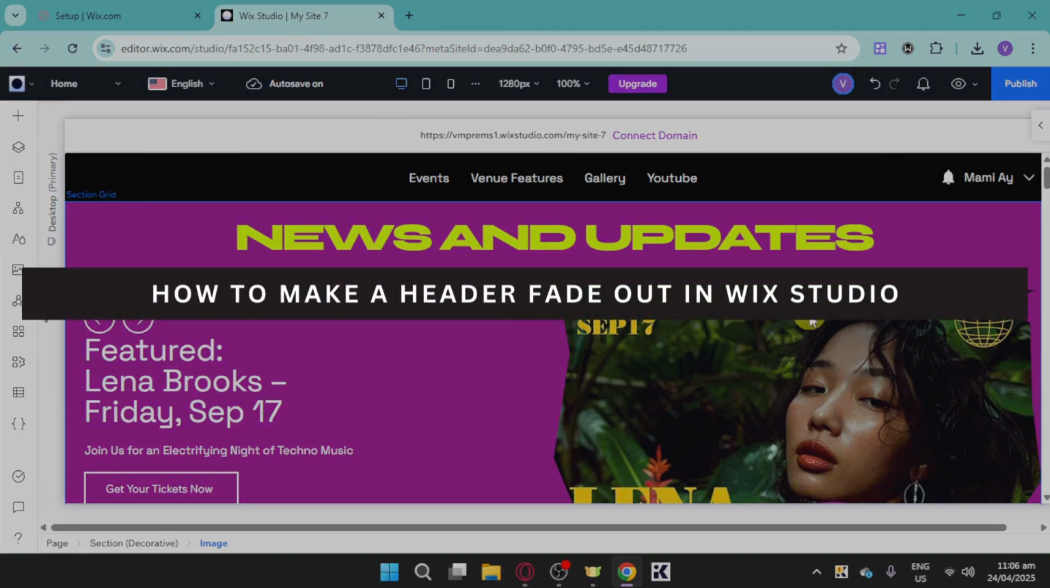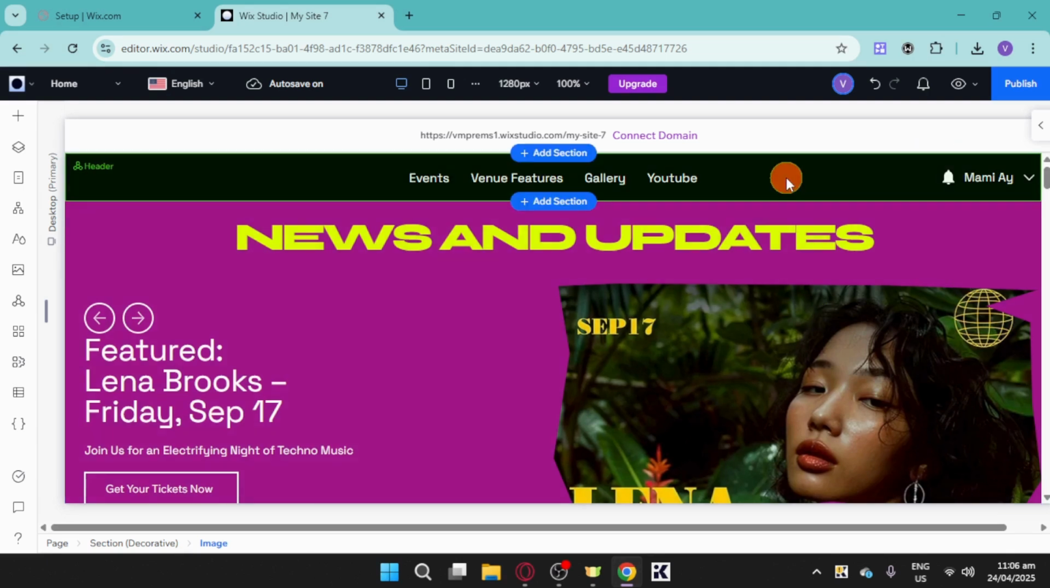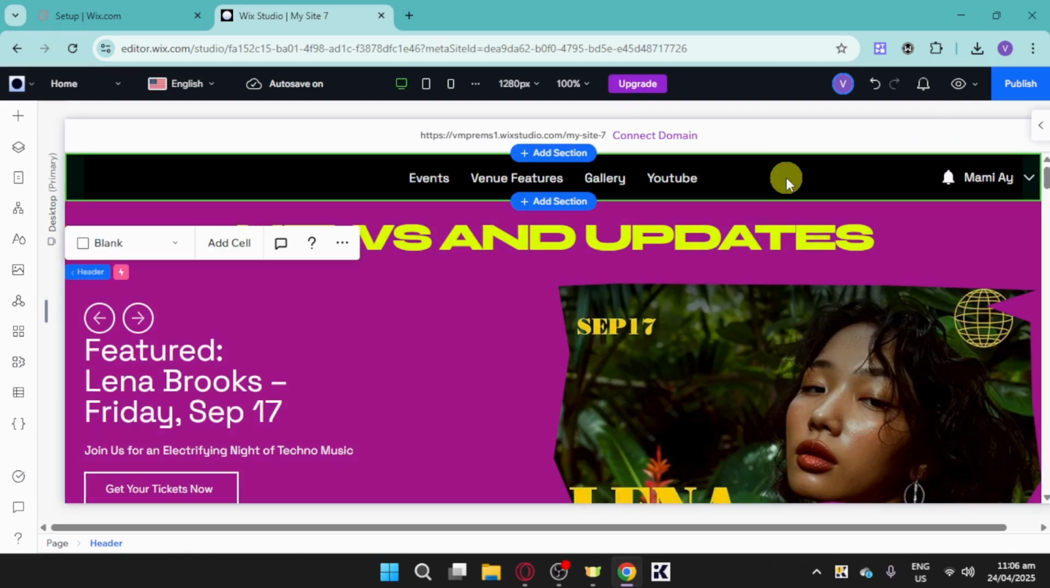How to make header fade out in Wix Studio. In order to make it fade out, first things first is to click on any blank space into your actual